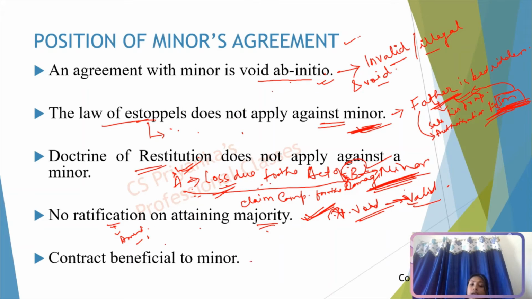Next is contract beneficial to minor. For example, you entered into a contract with a minor. The minor may get the benefits from such a contract, but the minor cannot be liable for it. That means the court obviously is not going to entertain the minor, so a minor cannot involve himself in any legal activities. But if for such a contract a minor will get some benefit, you cannot restrict that. For example, there are partners A, B,